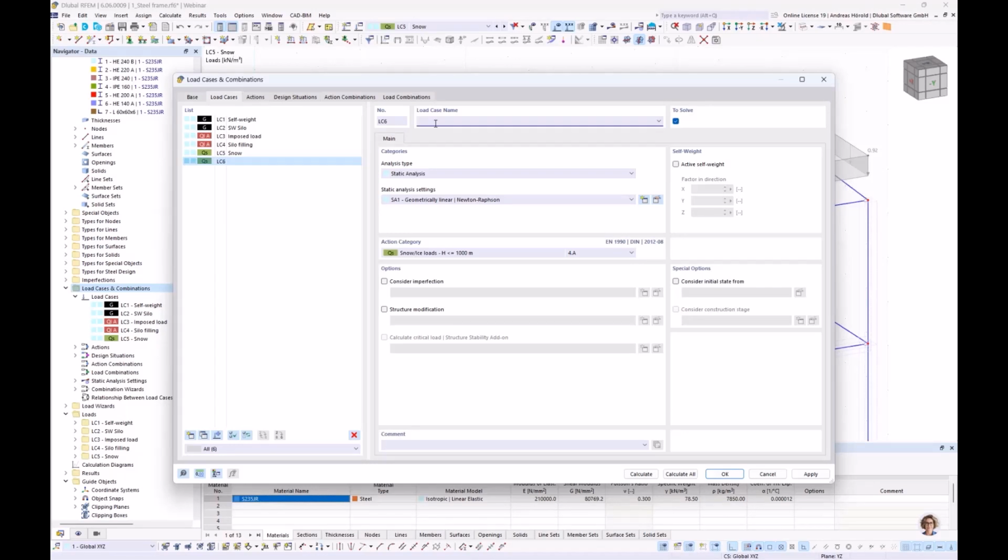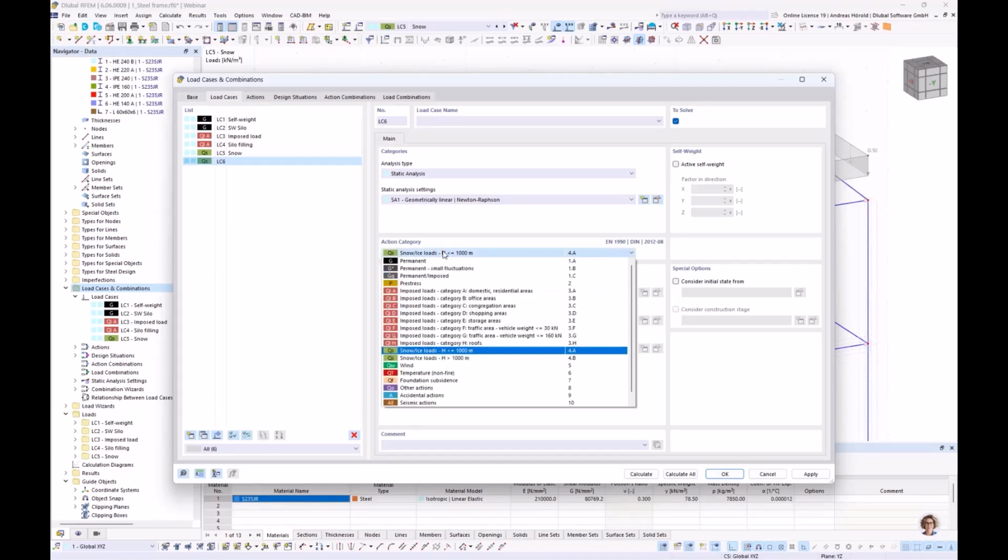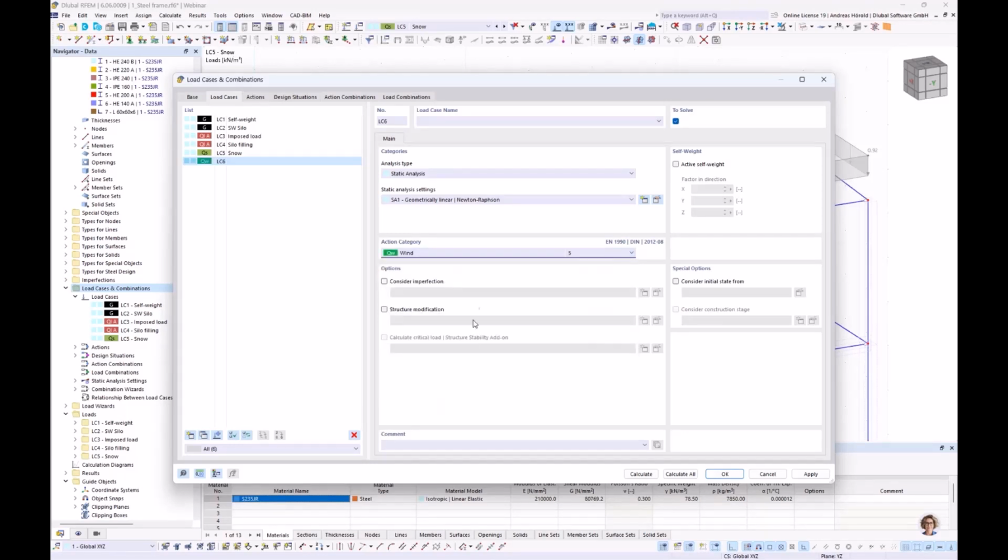So at first I changed the action category to wind, and I call it wind in X and pressure, WX plus. So then I copy it, WX minus, then I copy it again,